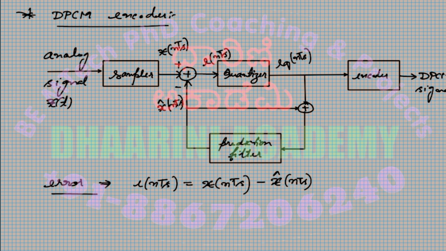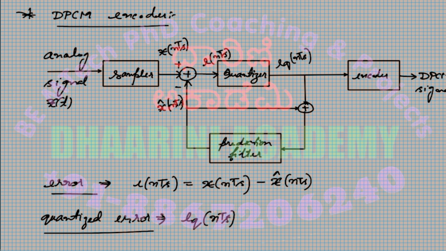So I'll write something like this. This is the quantized error, the output eq